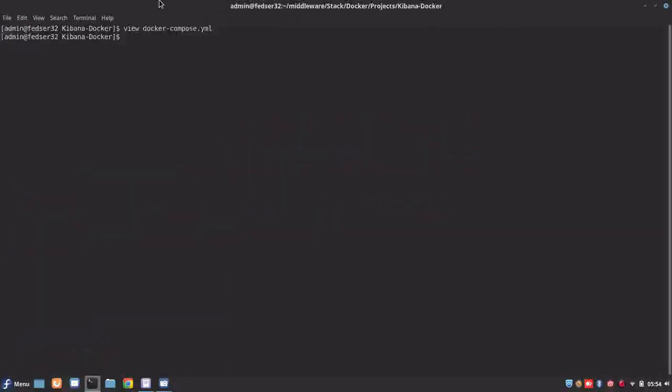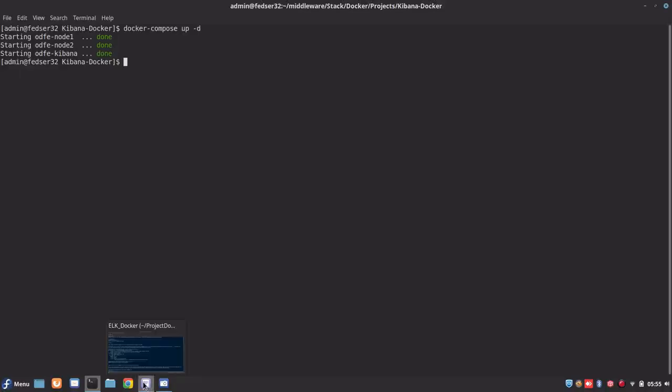So let me close my file and try to bring up the Docker Compose. This command is basically going to bring up the services in the Docker Compose file which we have defined, and the -d option is to run the services in detached mode. That is basically they will be running in the background. Okay, so now I have my 3 services up and running: the Elasticsearch cluster node 1, node 2, and the Kibana service.